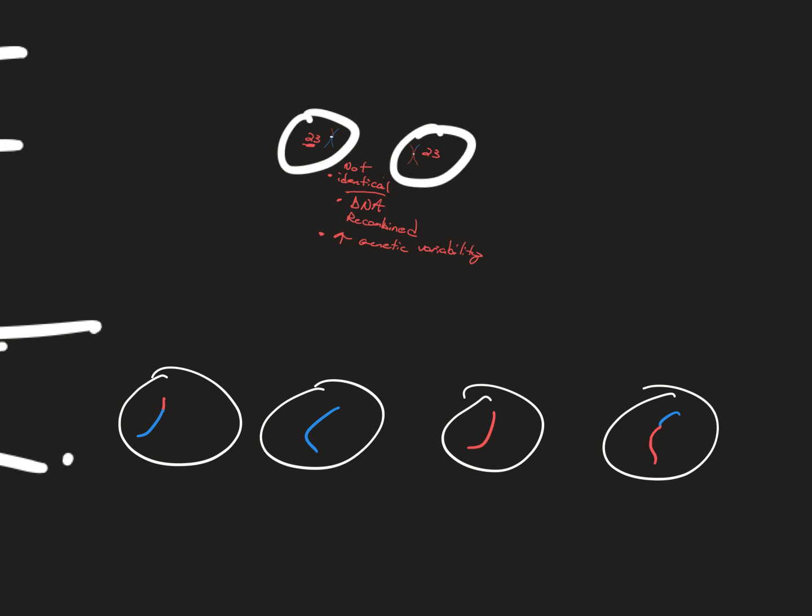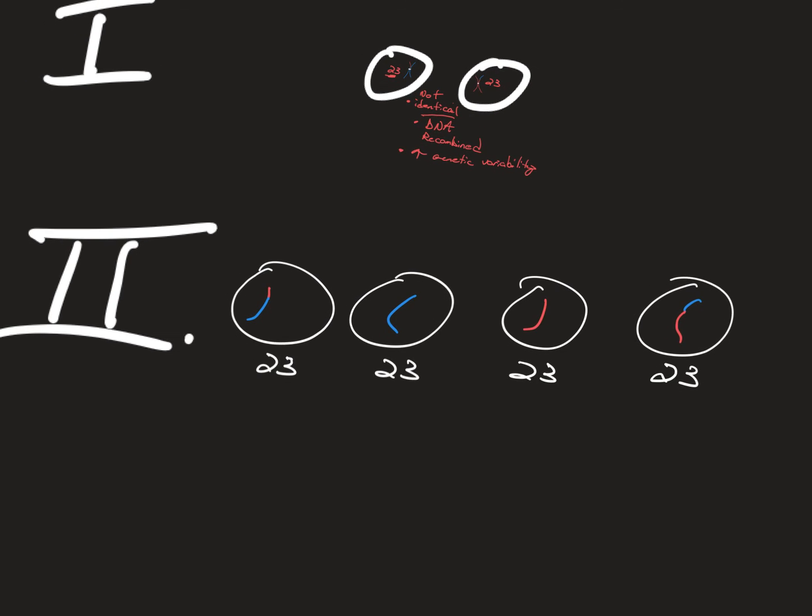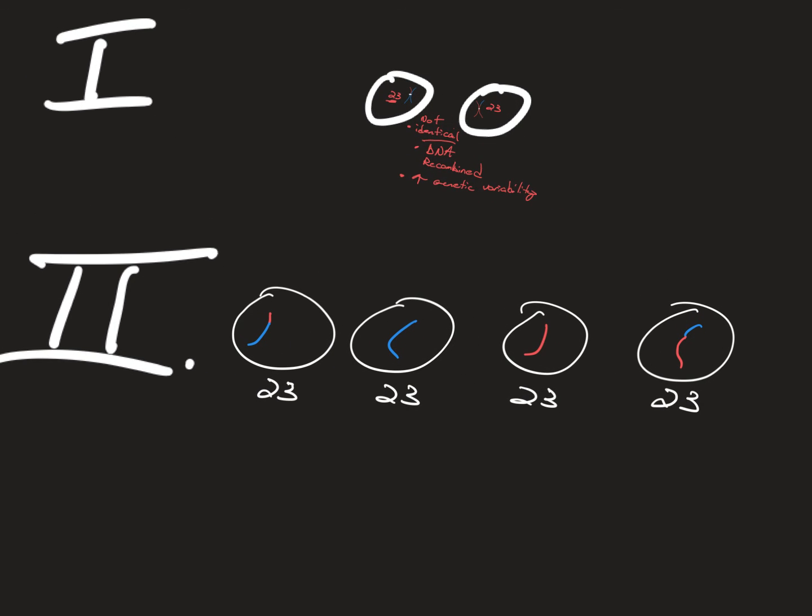In each of these, you're going to have 23. So half the normal DNA, half the autosomal DNA, 23 in each one, correct? But even though you have 23 in each one, they're also different. So you can imagine 4 sperm, 4 different eggs every time there's sex. That's why sex is such an advantage, because it